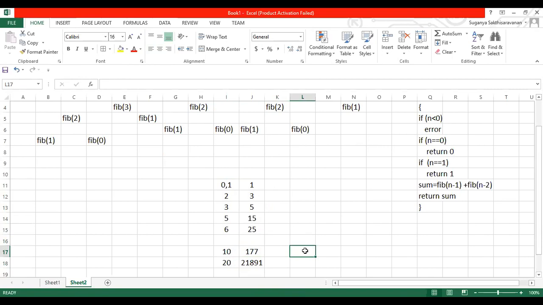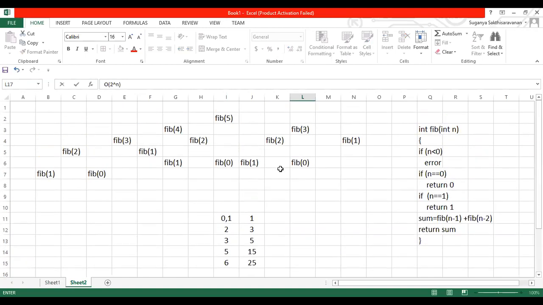So what is the time complexity of it? If you are using the recursive approach, it is literally 2 to the power of n. Each and every time you can notice that it takes 2 to the power of n times, the difference between 10 and 20. This is the time complexity if we are using this Fibonacci approach. So there is a reason I told you not to use this approach. Time complexity wise also it is worse.